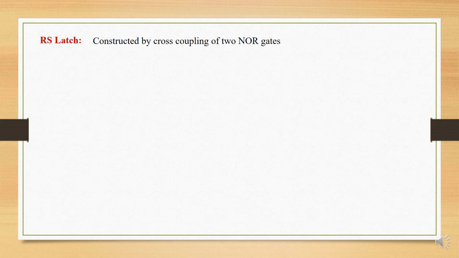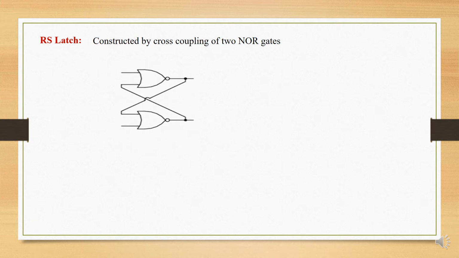Let us analyze the first type of latch, the RS latch. We can also call it the SR latch. R stands for reset and S stands for set. Let us see the construction of the RS latch. It is constructed by cross coupling two NOR gates, as shown in the figure here. As we have two input lines, we can analyze the operation of the RS latch by considering four different cases: RS equal to 0,0, RS equal to 0,1, RS equal to 1,0 and RS equal to